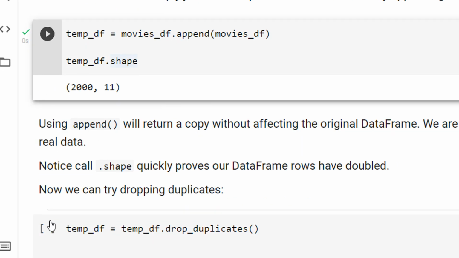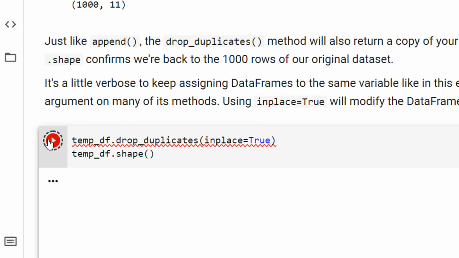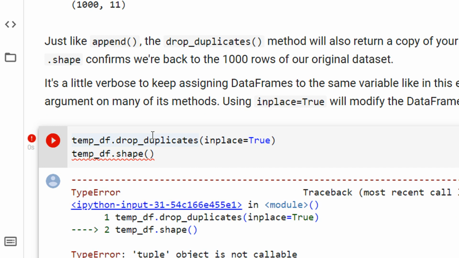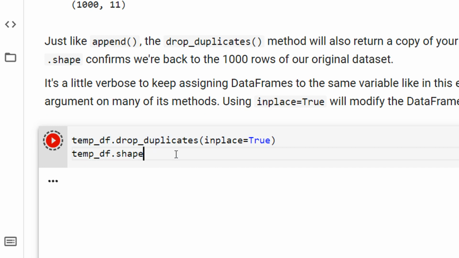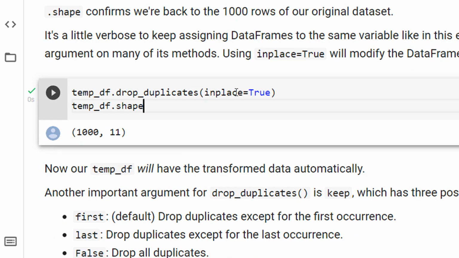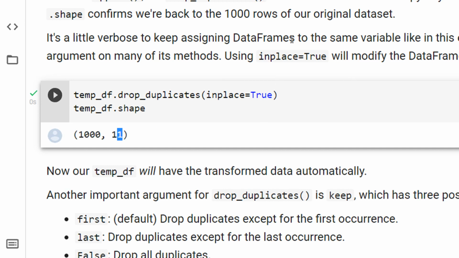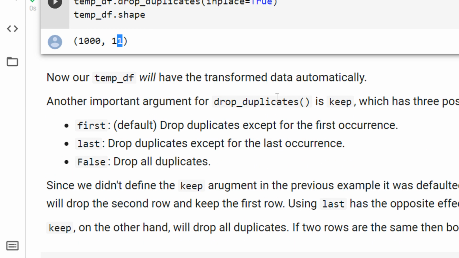So the shape is 2001. Oh, shape is not a function, it's a property, so the round brackets will not come. Now, when I'm removing the duplicates, there are no more duplicates left. So you have 1001 still. I will tell you what inplace equal to True is a bit later.